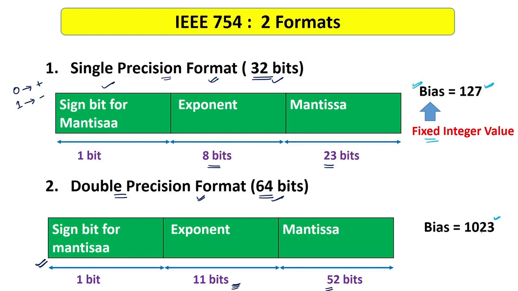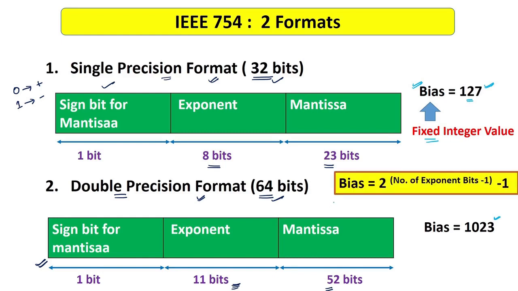What is this bias value and why are we using it in IEEE 754? I will be taking a separate video in which I will tell you all about the bias. I will not say much about the bias value in this video to avoid confusion. We will just use this bias value while solving numericals of IEEE 754. I will just tell you a formula, which is used to calculate the bias value. For example, if you are given some general representation other than IEEE 754 and you want to calculate the bias value, then you can use this formula.